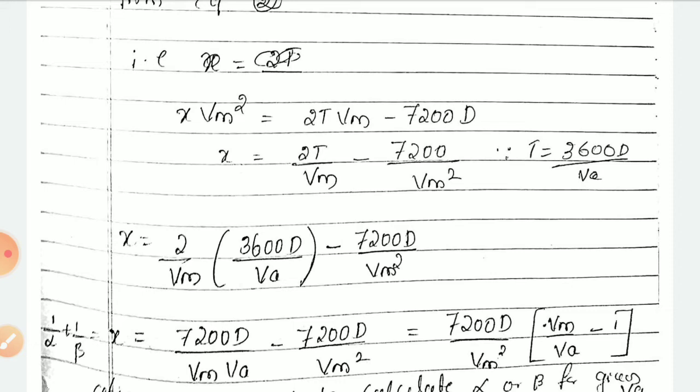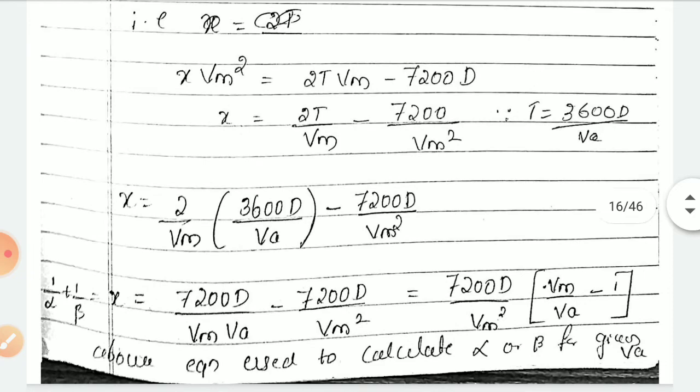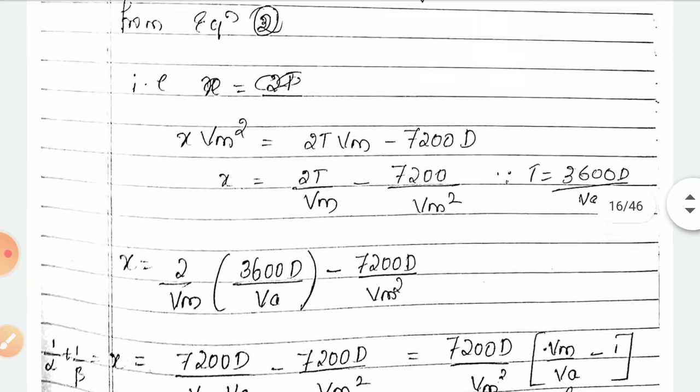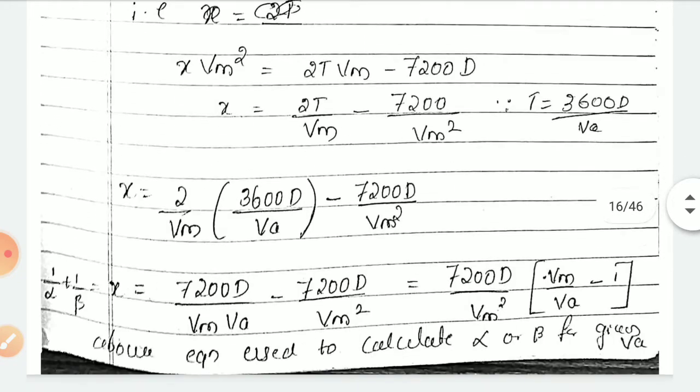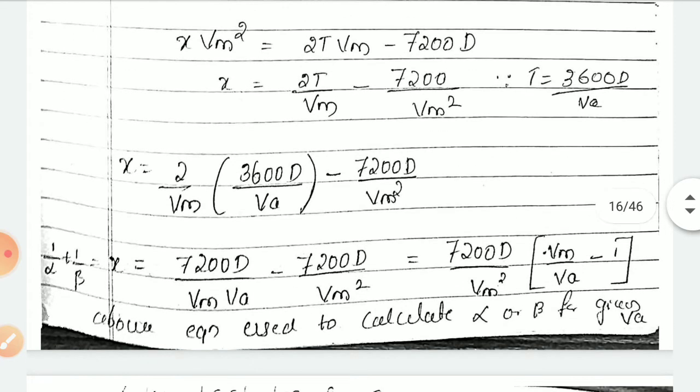X Vm square, 7200 d divided by Vm square. D is not mentioned here, just mention it d also. D divided by Vm square. Now x is equal to what happens? So you take 2 divided by Vm as a common terminology. So then it will be